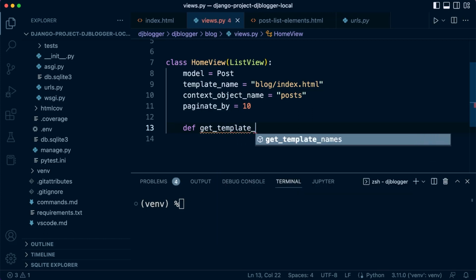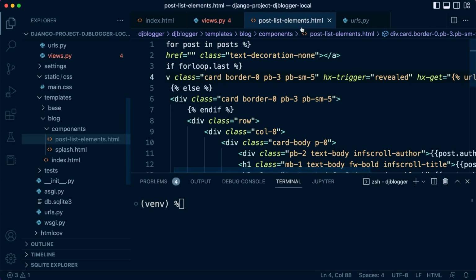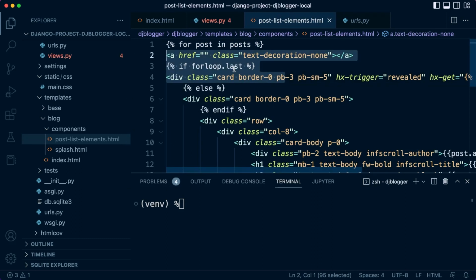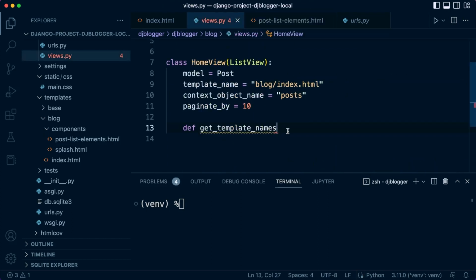Whenever an HTMX request is made, we can send back only the post list elements template. Remember, that's a template which is going to loop through all the posts and then output the data. So that's going to display the new data that's being requested. So get_template_names(self), and first of all, we're going to say if